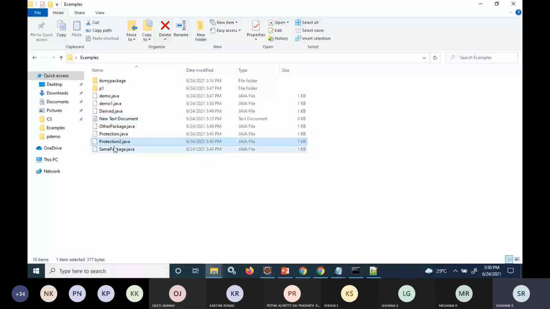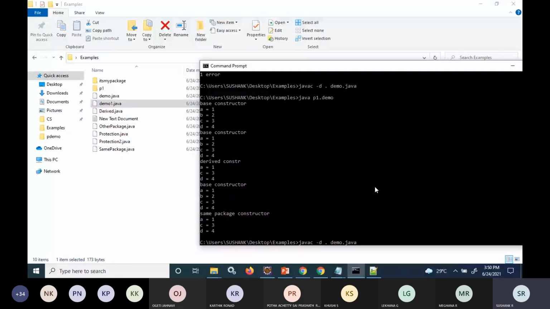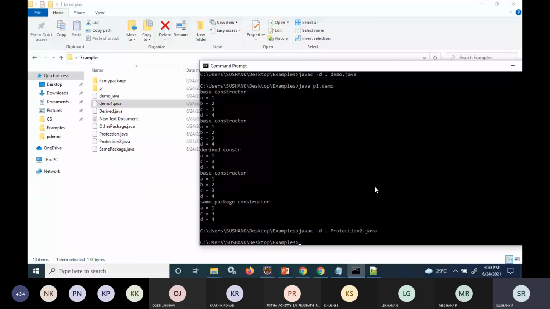Now I will compile that. How do I compile? One is protection2.java. So the file is compiled. How do you confirm that? One folder is created by the package name P2 and I have a class.